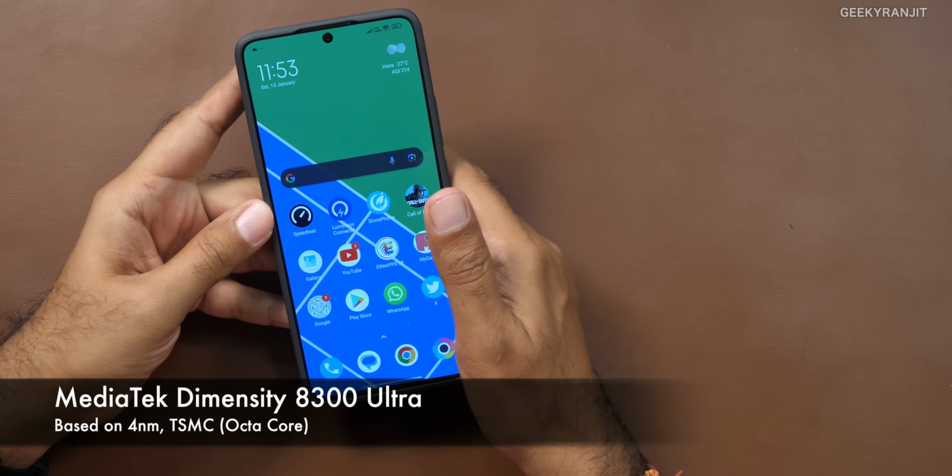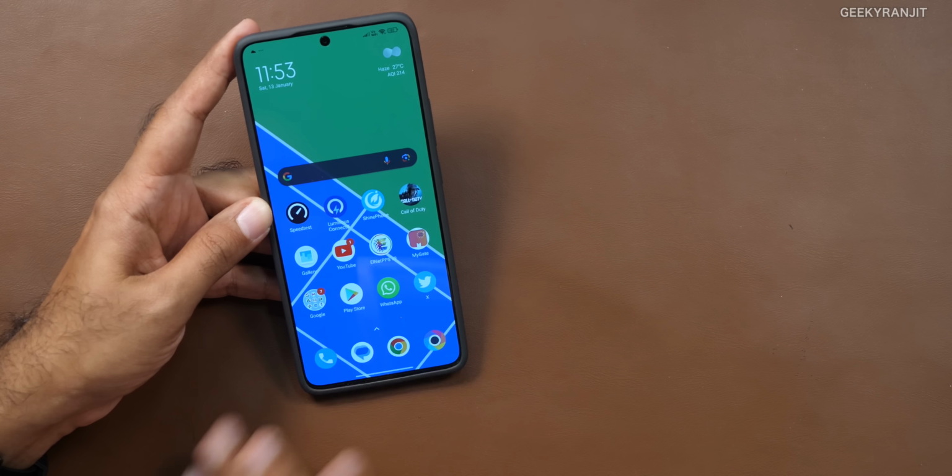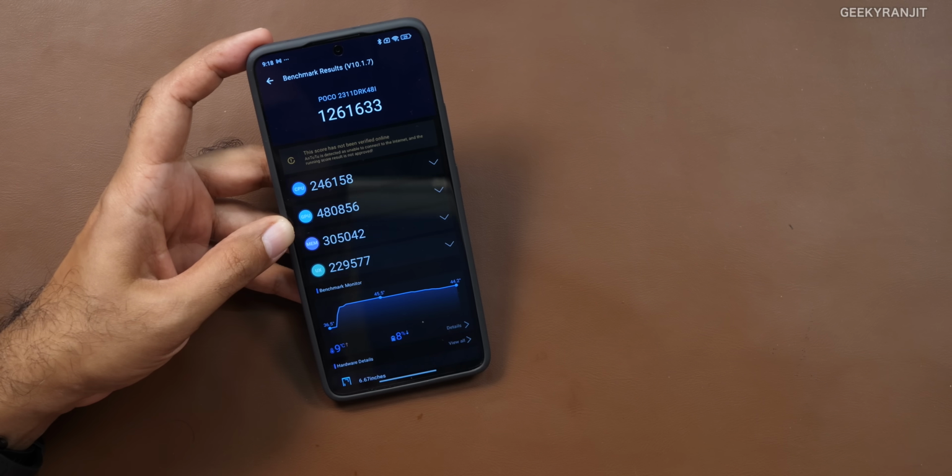Now, okay, let's talk about the processor on this one. This is the first time in India this processor has been released. That's the Dimensity 8300 Ultra. And I've run some benchmarks. I've saved also. Let me just show you the scores. And as you can see, this I ran in the balance mode. We got a score of